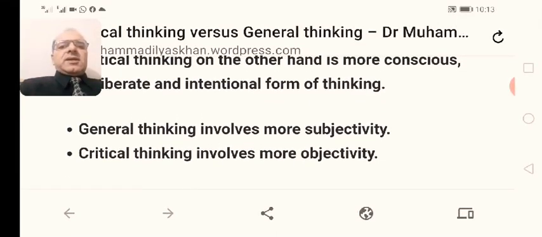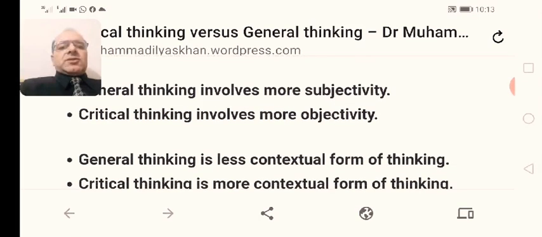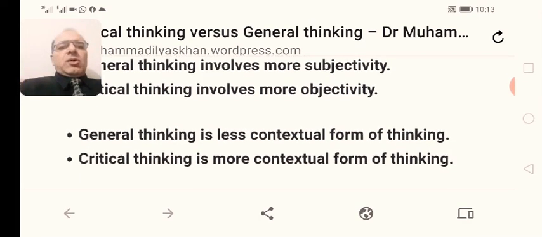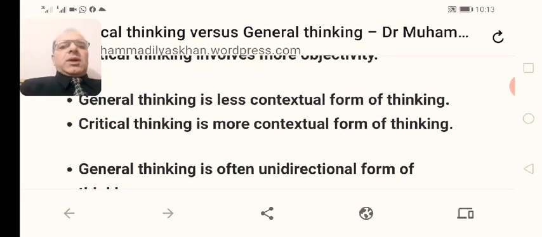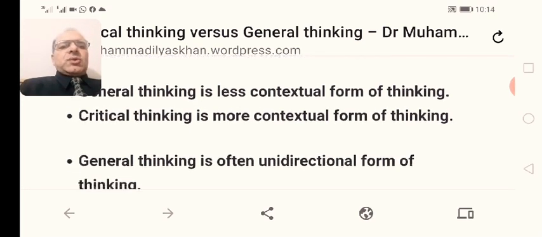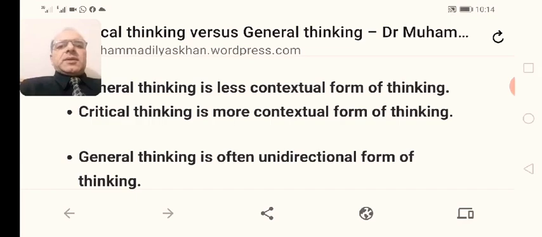The second thing is general thinking involves more subjectivity, while critical thinking involves more objectivity. So, critical thinkers look at things more objectively. The next thing is general thinking is less contextual. So, people who just think do not go into the context of things. While critical thinking involves more contextual thinking, that means going into the context of things in order to understand things